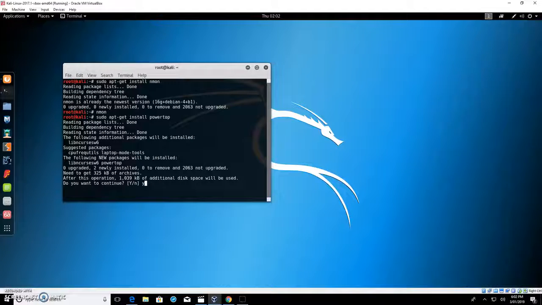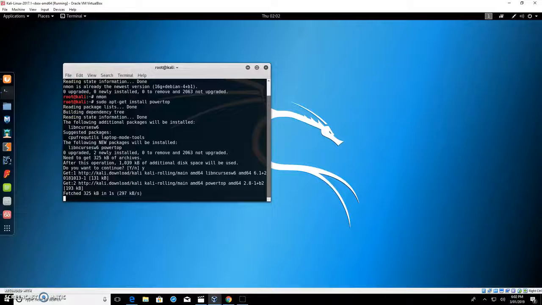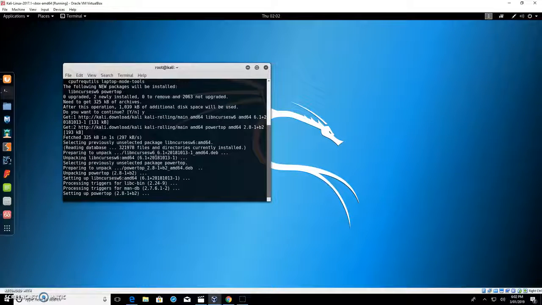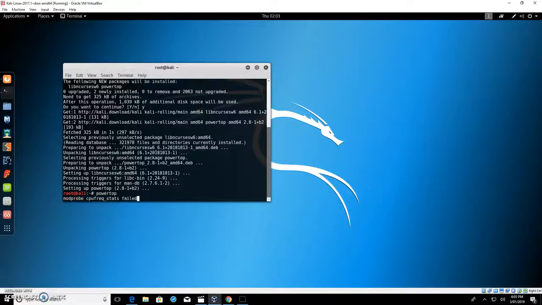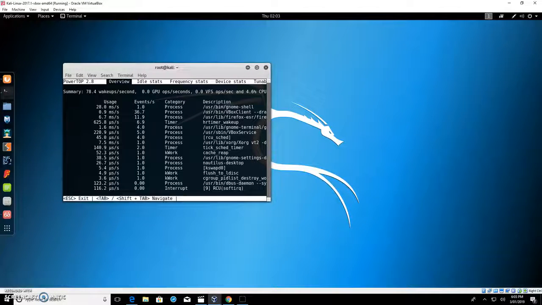And now it asks, do you want to continue? Then we have to press Y for yes. It will take some time to install. Now PowerTop started, and to see the features of PowerTop,